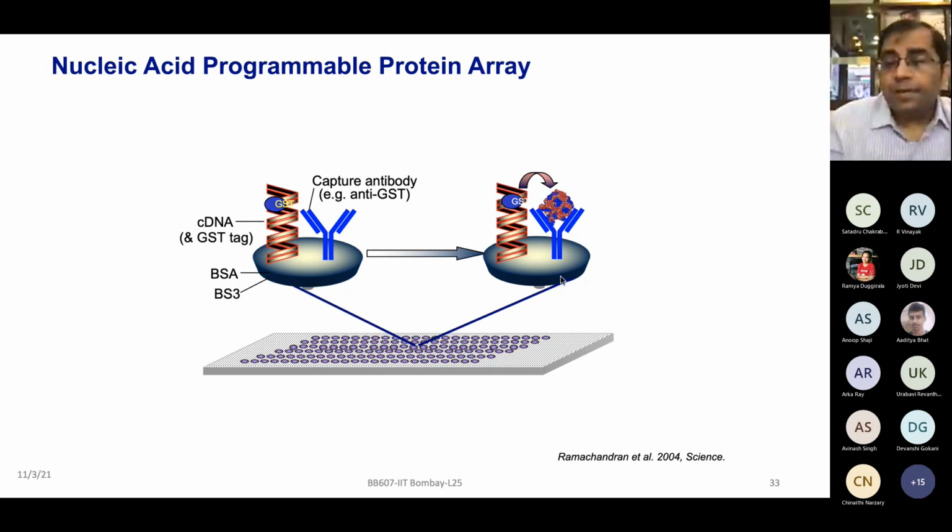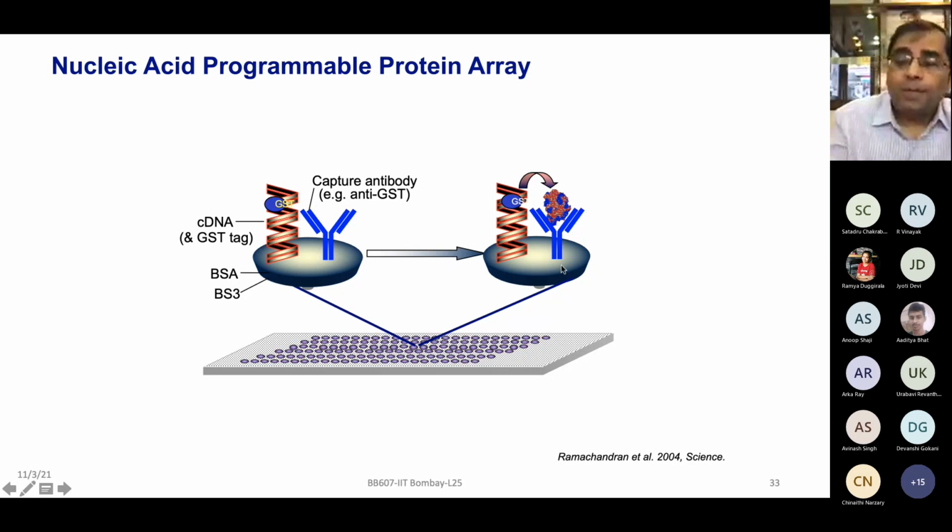So now what you are looking at, you are having a gene of interest which is having the tag, which is GST tag, and you are talking about thousands of genes of interest here, not one. So you want to convert your cDNA to the proteins of interest and develop into the protein arrays. So now if the antibody is also printed with this, but only one antibody, you're not looking at protein specific antibody, you're looking at the tag specific antibody, right? So anti-GST antibody is printed here, and therefore if any gene or clone of interest will express the GST tag, it will bind to the neighboring capture antibody.